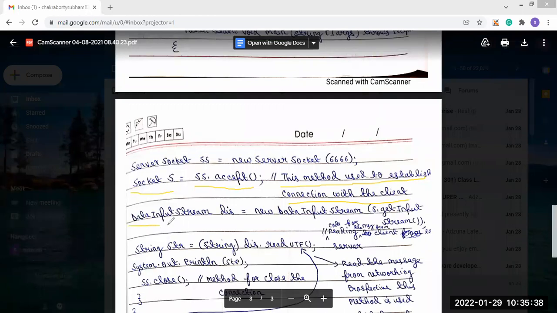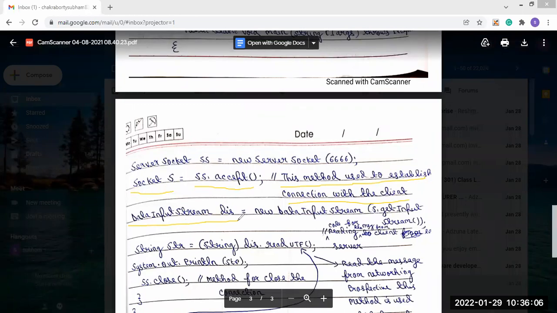Now after this, you see DataInputStream. This DataInputStream class is present in the java.io package. We already said that we will pass a message, and that message we want to read.